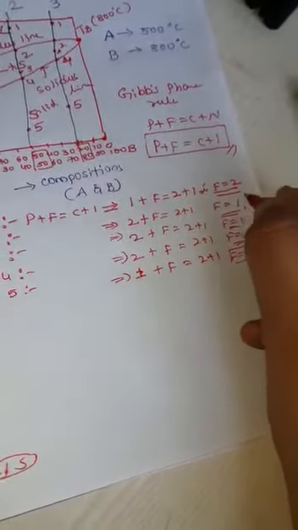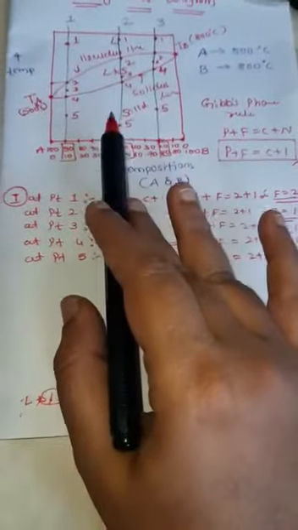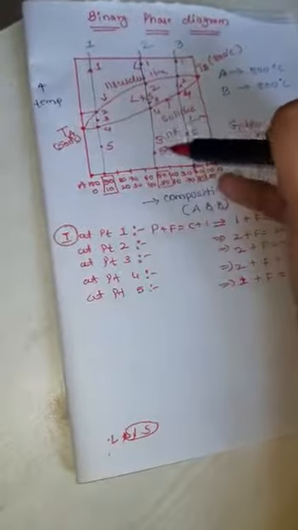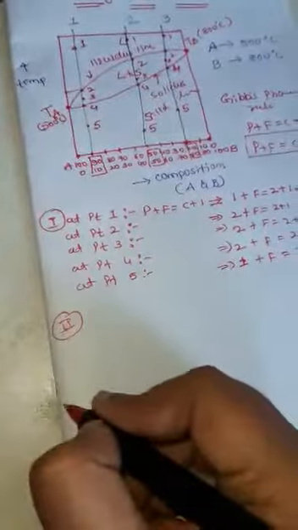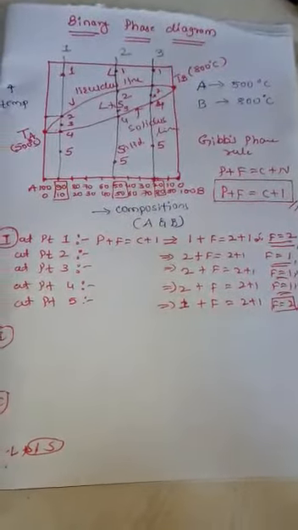With a diagram, explain the binary phase diagram. That means you have to draw this diagram and draw vertical lines at different points, wherever you want. Then explain with the Gibbs phase rule. Similarly, you can explain at the second line and at the third line. And this is the binary phase diagram.